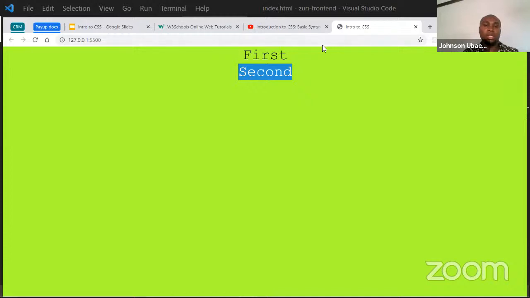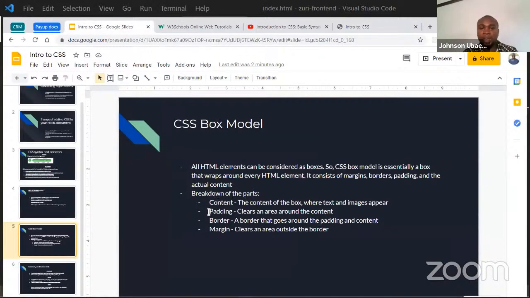So each element in CSS is actually considered a box, and it has 4 parts. The first part is content, where you could have the text content, the image content, anything that it contains, the children of that particular element. That's what is known as its content. And then we have padding,